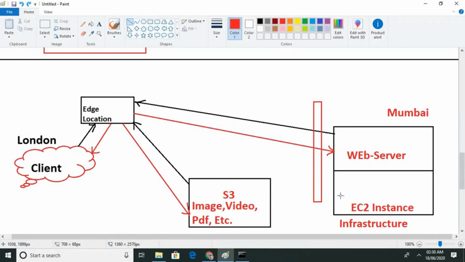From EC2 the static data is stored in S3, from S3 the edge location gets the data, and from there it gives it to the client. So here is the high level working of CloudFront, and S3 also comes to help it.